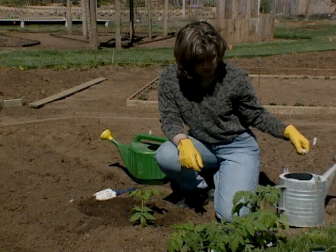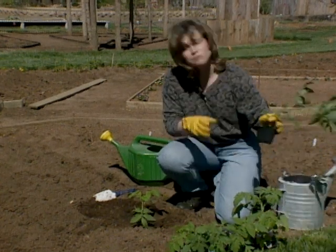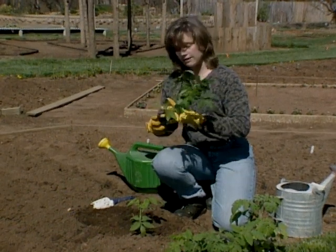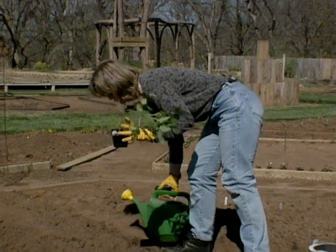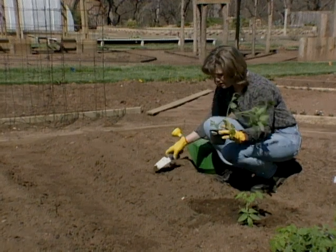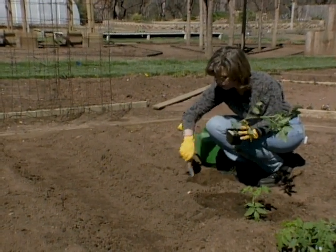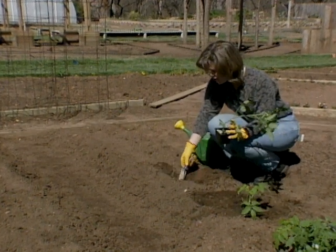Now, you may have a tomato that either you bought early because it was the exact tomatoes you wanted, but you didn't have time to get it out yet, and it's gotten kind of leggy. Or maybe the only tomatoes that you can find to buy are these leggy ones that are really pretty tall. Now what you can do there is actually dig your hole about 3 to 4 inches deep and dig a trench that's about 3 inches deep